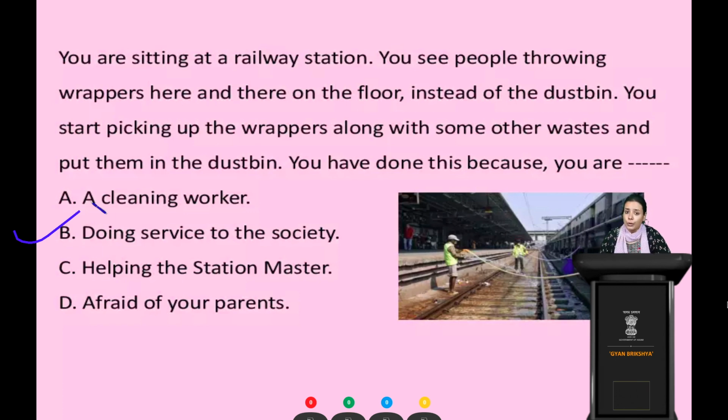You shouldn't what? Throw your waste here and there. You should always clean, or you should maintain the decorum of any of the place, right? You shouldn't throw anything. You should use dustbin, and you should keep your area clean. Anywhere, maybe at home, in railway station, in anywhere, you should be clean and responsible enough to throw the waste products in the dustbin. Accordingly, you should throw it in the proper waste dustbin, right? You shouldn't throw anywhere, and you should keep your city clean, right?